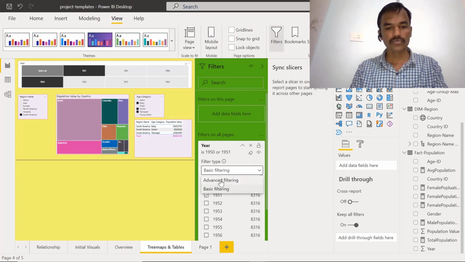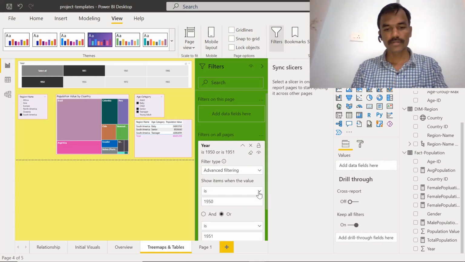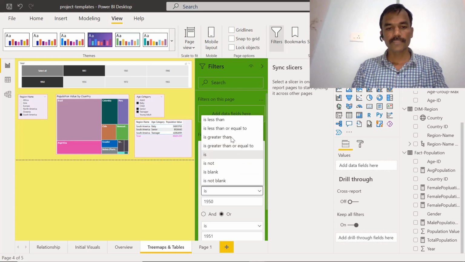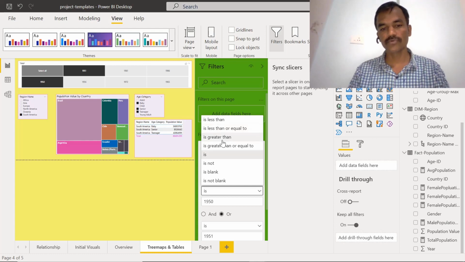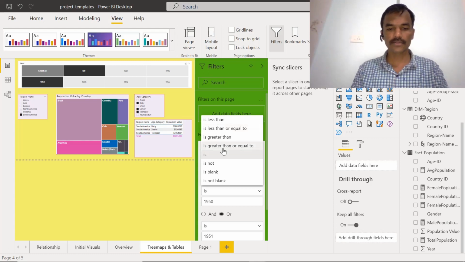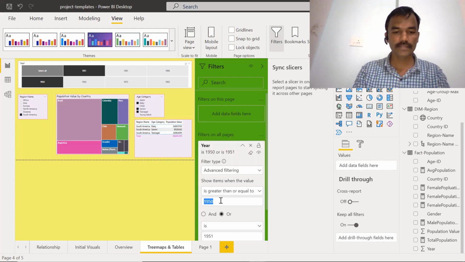We wanted to go to the advanced filtering, so let's try to do that. In advanced filtering, there are some operators given here, like is less than, is less than or equal to, or is greater than or equal to. This is one condition we can specify. Let's say we wanted to see the data from 1980, so is greater than or equal to 1980.